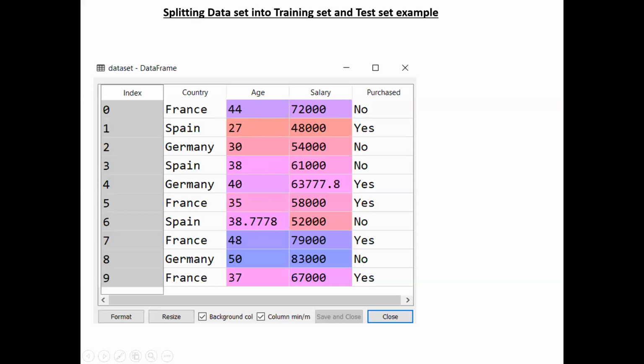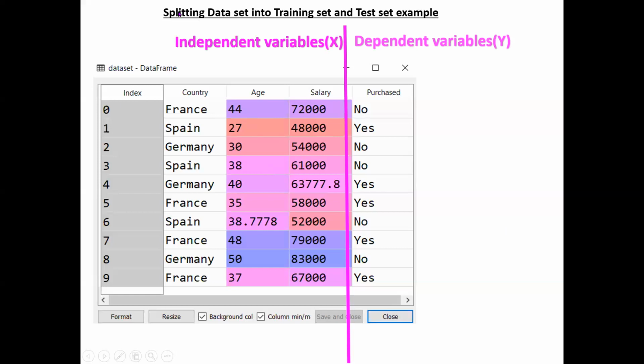That means these are the input. Based on these three, I am predicting purchased or not. So that column is the dependent variable. So now first we need to divide what are independent variables and dependent variables. See here, the independent variables are these three in my case, and the dependent variable is this one.